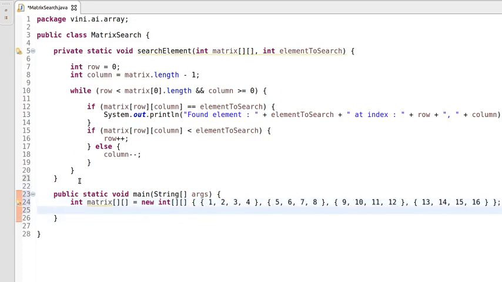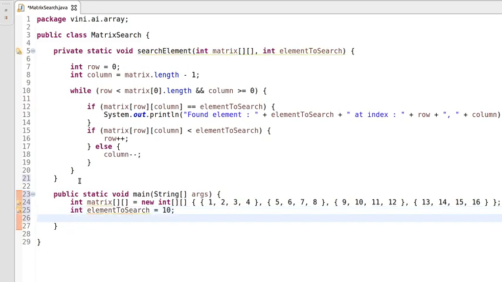And our element to search will be 10. So let's call the searchElement method, passing the matrix and the element that we are going to search.